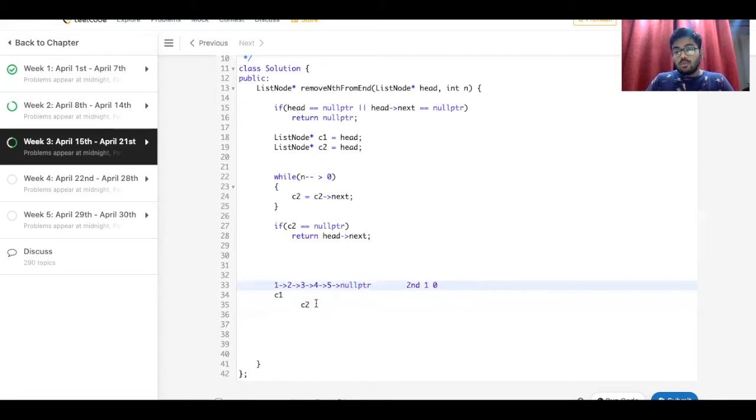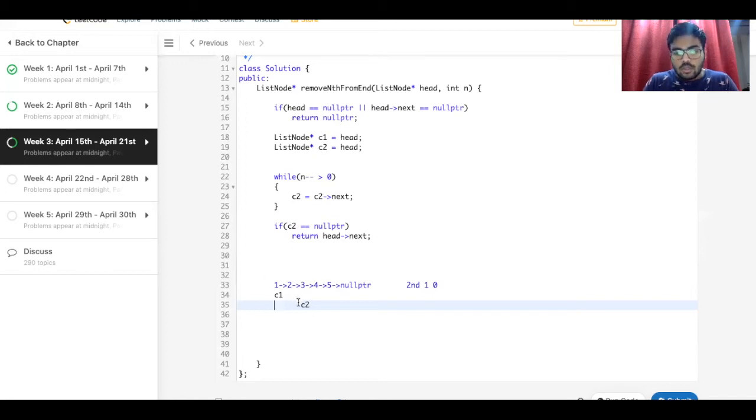Now what we'll do? Now it's very simple and easy to understand that the number of elements which are remaining from this end till the end, all right, would be n minus the size of the linked list.